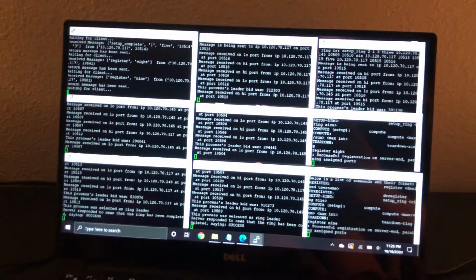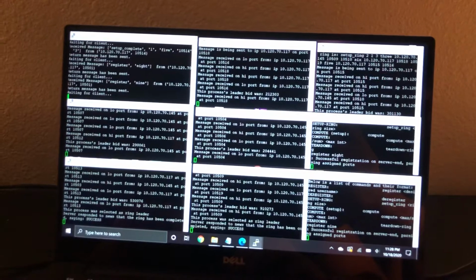You can see that they've been successfully registered, and that's shown up on the server. So now that those are registered, they're going to